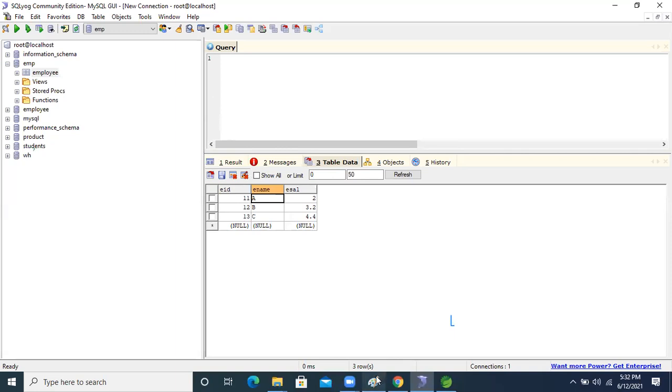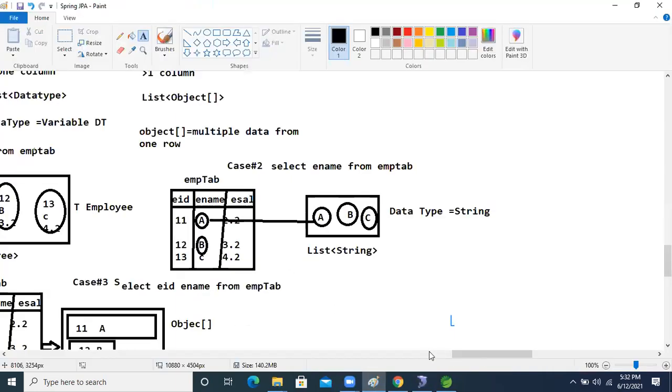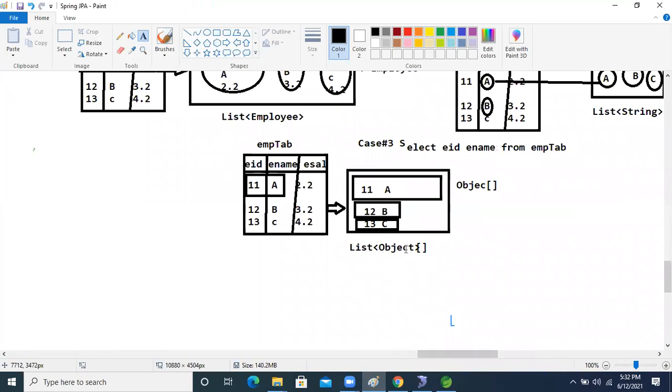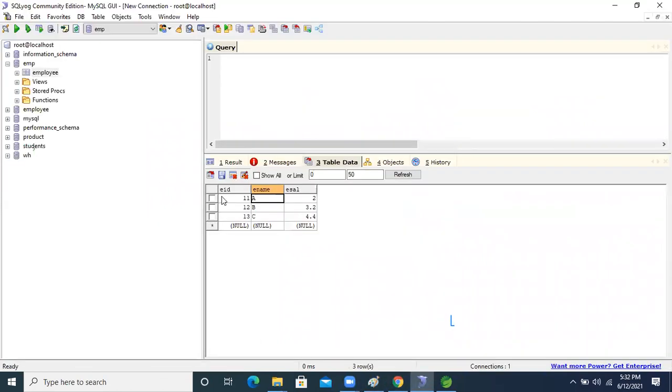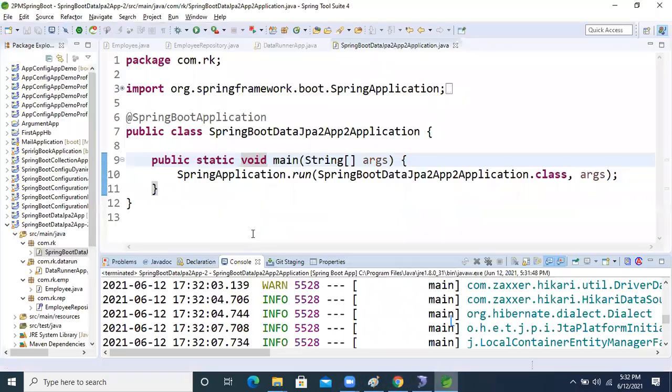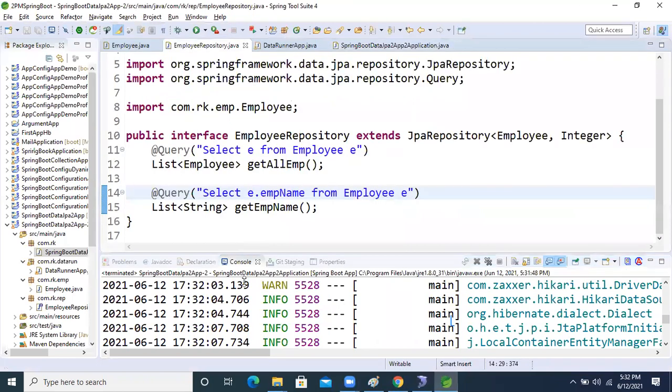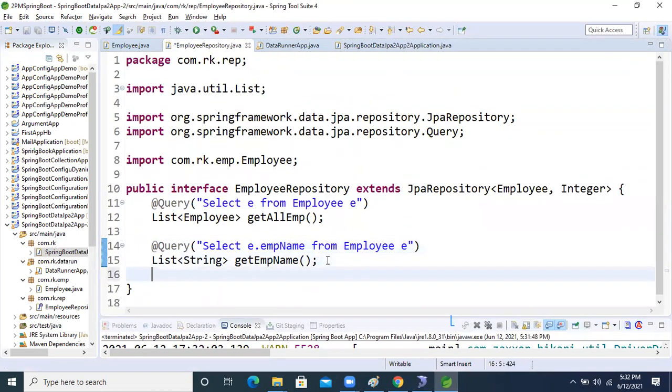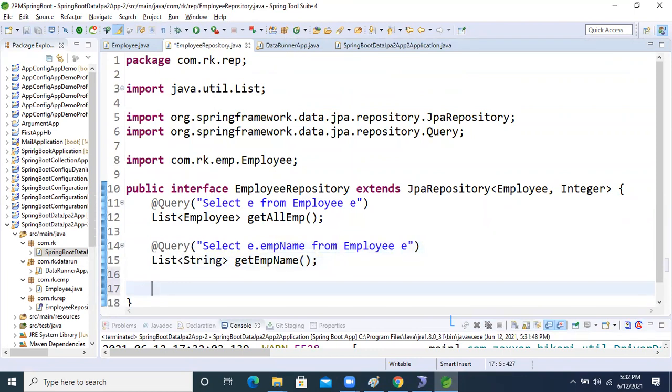Come to the explanation. It is a List of Object array, if we are selecting a two-row record. So come to the JPA repository. Get EMP name and what will we take now, guys?